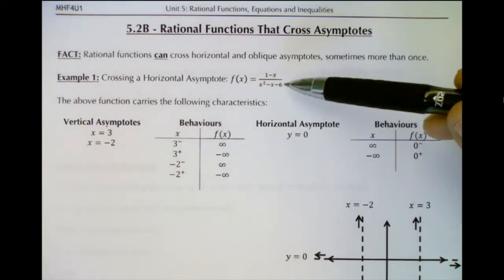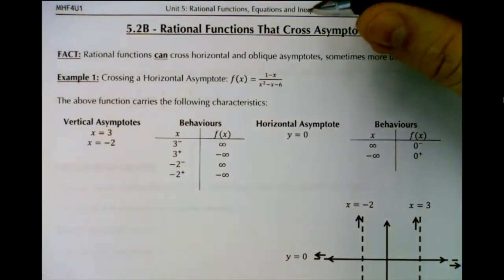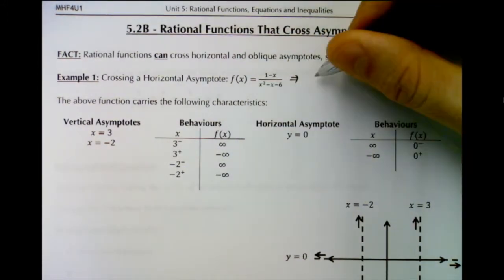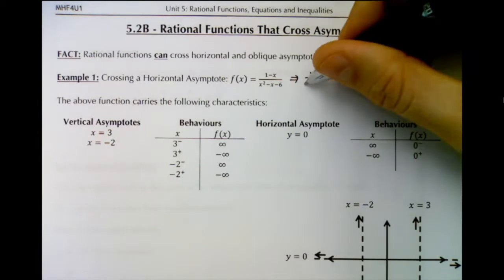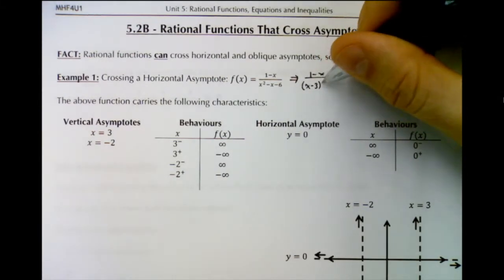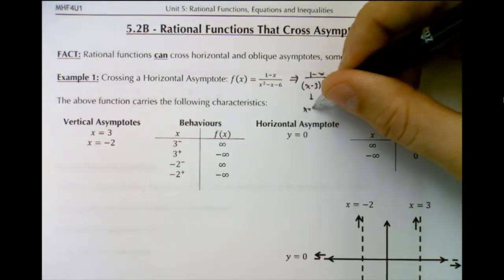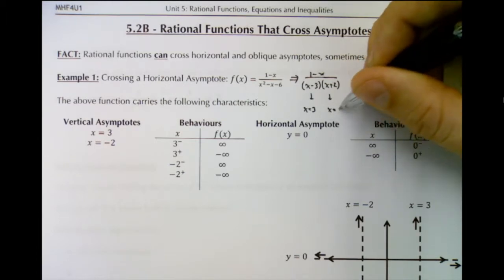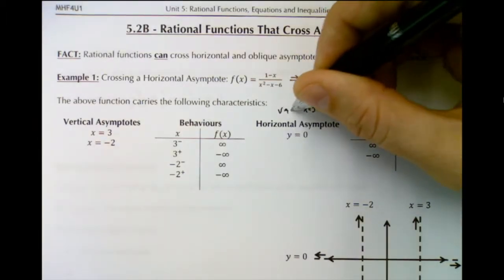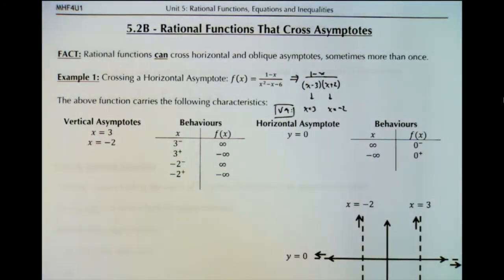If we factor the denominator, we would find our vertical asymptotes. So I'm going to do that really quickly. If we factor that denominator, we would have x minus 3 and x plus 2. And the roots of these, x equals 3 and x equals negative 2, are your vertical asymptotes. So we have three types of discontinuity. We have two vertical asymptotes, one horizontal asymptote, and I've graphed those asymptotes on an axis over here,